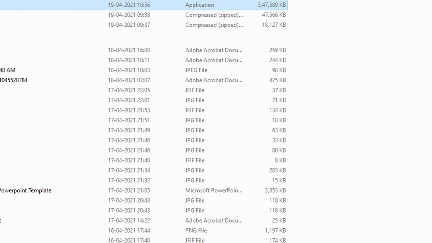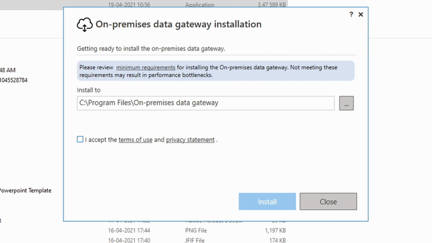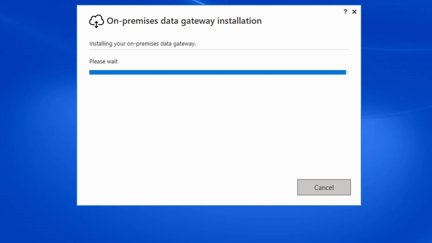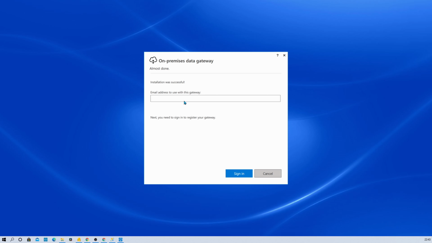Now, I'm just running my application over here and just click on accept terms and conditions and click on install. So the gateway installed successfully. This took some time. Now you need to enter the email address for which you want to configure this gateway.